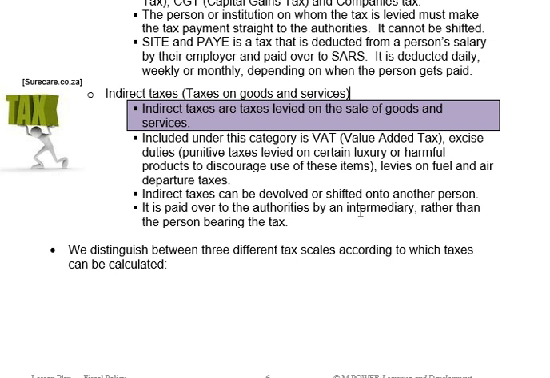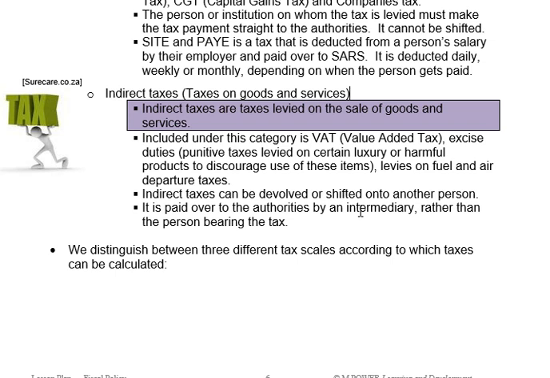They bake the bread and they sell the bread to Pick n Pay. Okay? Pick n Pay pays the VAT to the bakery. The bakery paid their VAT when they bought the flour. When they sell the bread that they've now baked, they sell it including VAT. Okay? So they get their VAT back. They paid it, but they're getting it back.